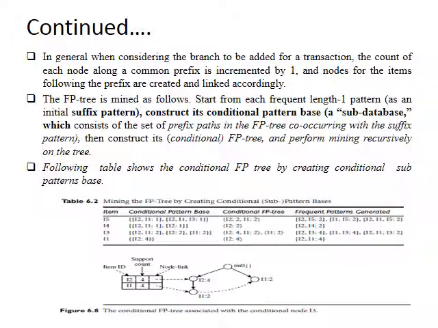We have three paths to reach your I3 node, as shown in the previous figure, the one we observed in the previous slide. Then again the conditional FP tree: I2 4, I1 2. Frequent patterns generated: I2, I3 4 times, I1, I3 4 times, I2, I1, I3 2 times. Then the next item is I1. We have only one path to reach I1, I2 to I1. The support count of I2 is 4. This is about conditional pattern bases.